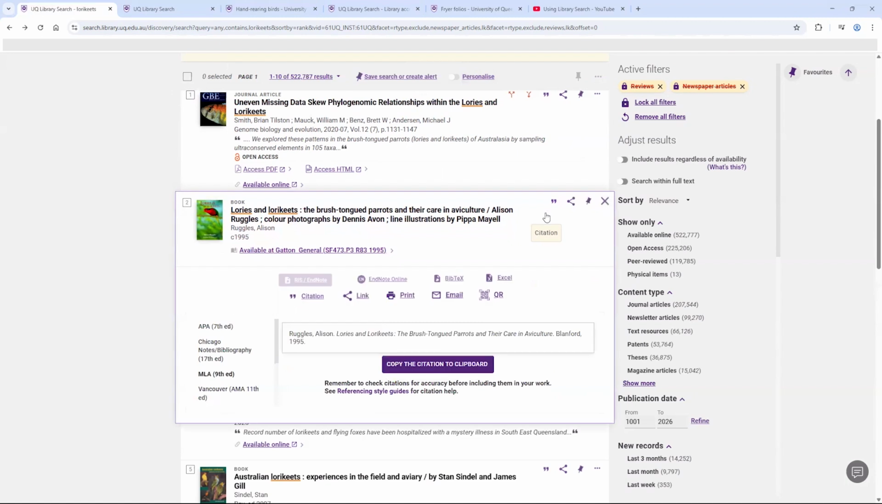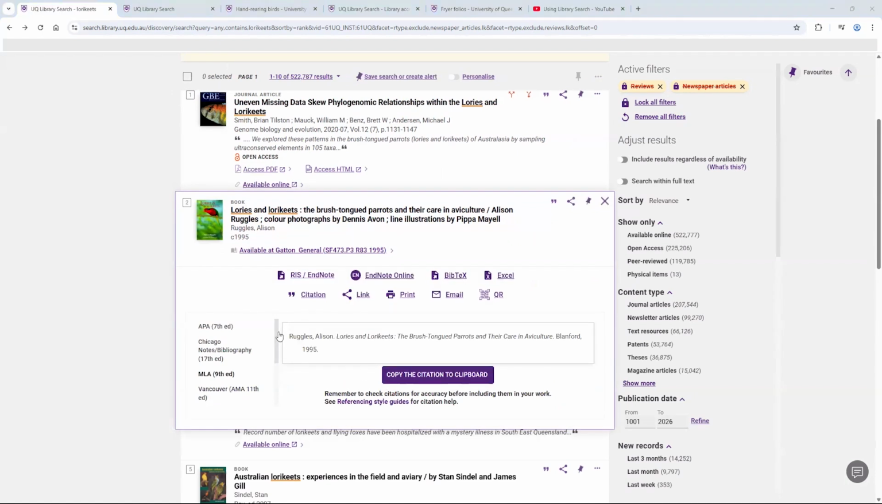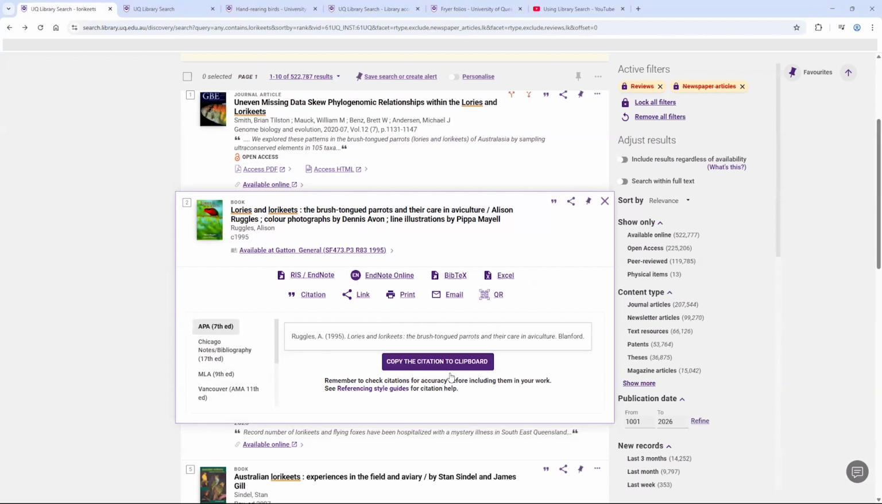Various styles are included, like APA 7th, Vancouver, and Chicago. To view the reference for an item, click on the quote mark next to the record. Choose your style and copy it to the clipboard if needed. Remember to double-check it for